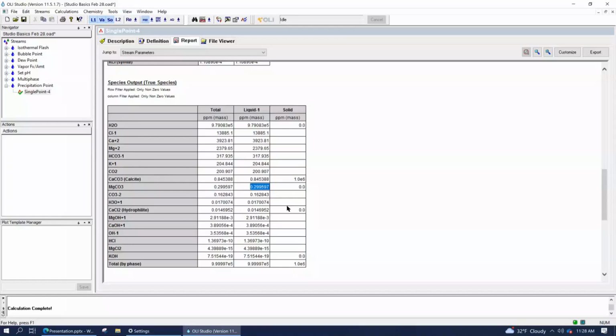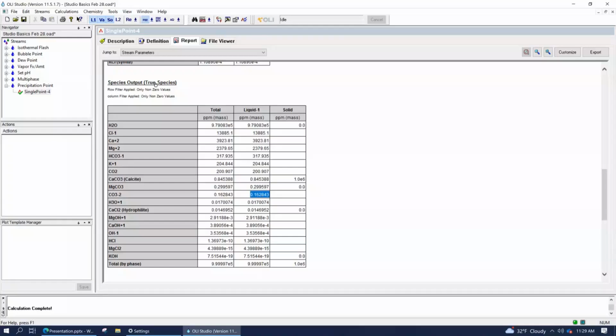So for the most part, the predictions that the software is producing are simply because you've got cations and anions that are behaving normally by themselves, and you just reached a pH where enough carbonate formed, in this case bicarbonate, or free carbonate, that it reached saturation with calcite with the calcium ion. More specifically, the reason that solids formed in this case is simply because you reached the saturation of calcite.